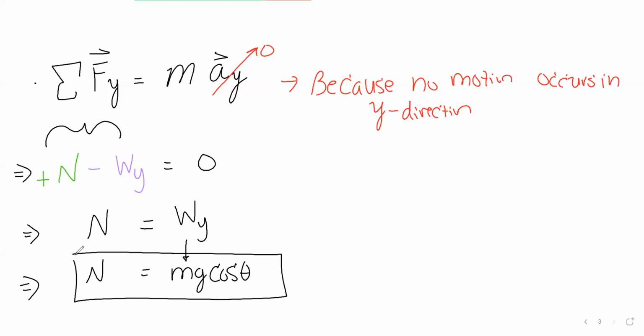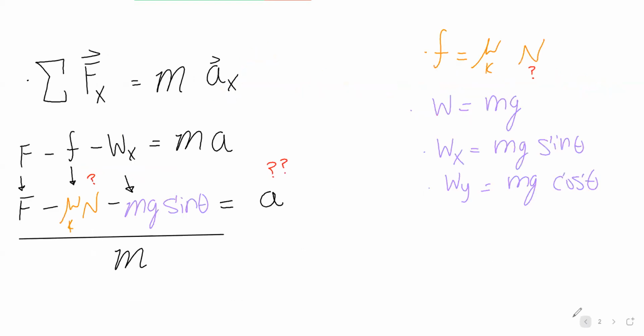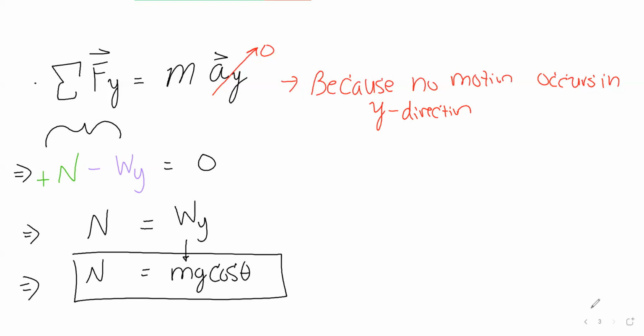So finally, again, we have to solve for n to solve for a. We've completed our roadblock. We found the expression for n. So we go back to equation 1 and replace n with its expression. So again, equation 1 said, I'm just going to rewrite it so it's clear. It was F minus mu times normal force, but normal force has no set in stone equation, so we had to find it, minus mg